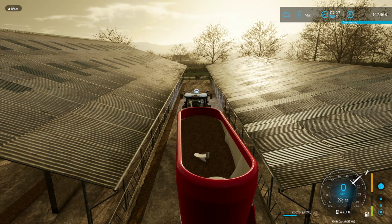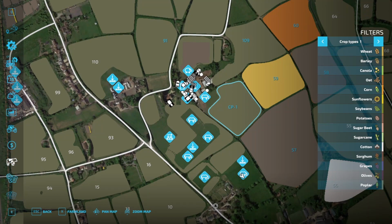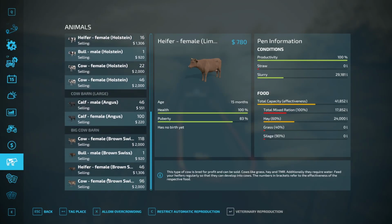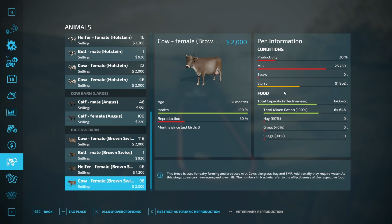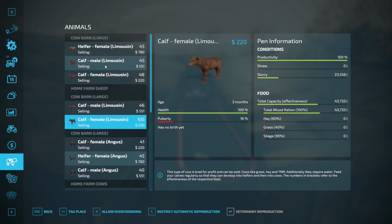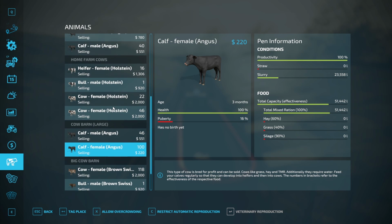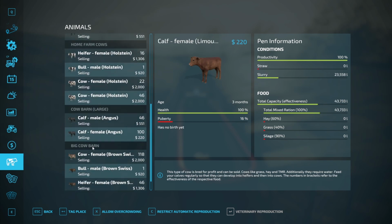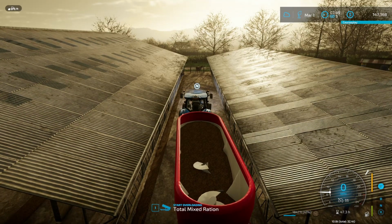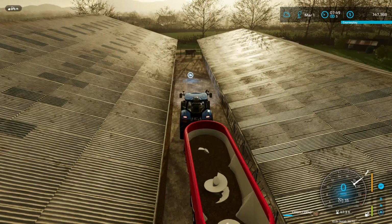So let's take a look here and just see how much TMR we have. And it looks like these guys obviously eat up a lot. Some of these other ones, I think we can actually wait a day or two to feed them. These guys I'll probably feed a little bit. But like these, we still have plenty of food. They don't really go through food all that much. But this big barn obviously goes through quite a bit. So I'm just going to go ahead and empty this out, and then we'll head back up,